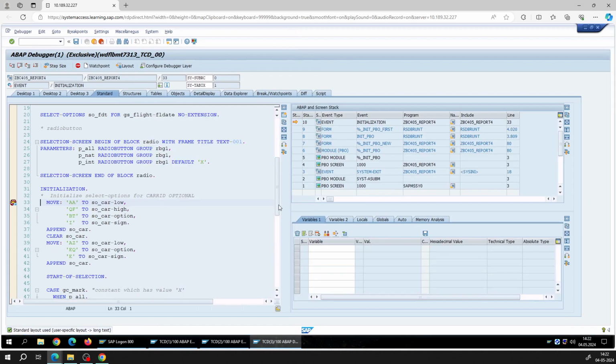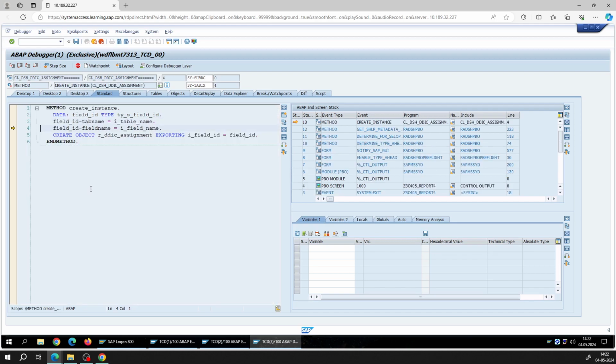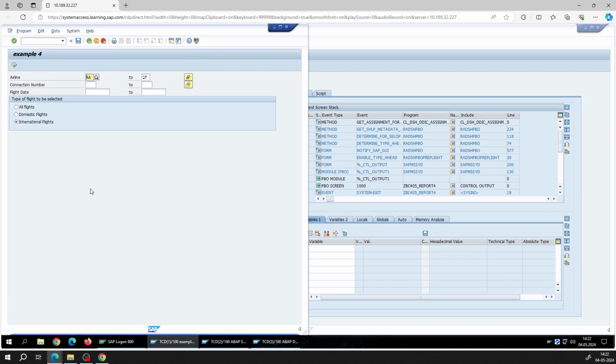Before you get to the selection screen, this initialization is executing, right? Now F5, F5, F5. So everything has been added. After the execution of the initialization, you are seeing this screen, where the data is already populated,